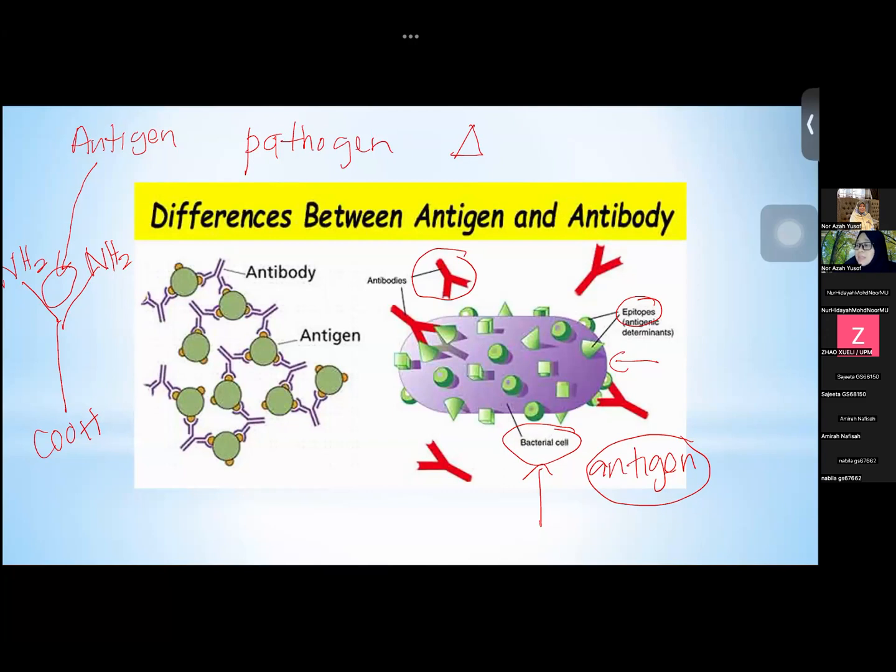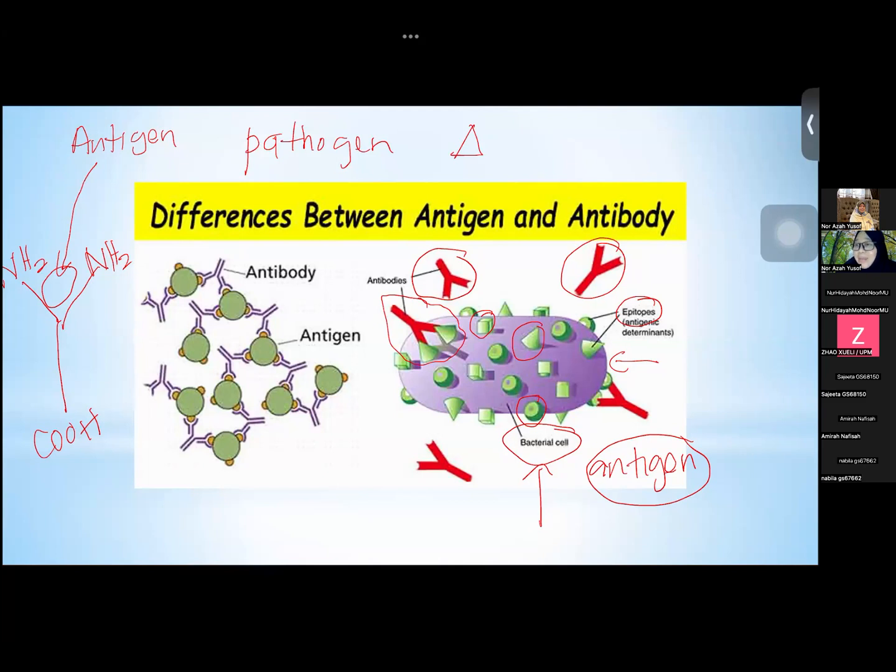But you can see that the antibody does not react with all the epitopes. You have cube-like epitopes, just for the purpose of discussion, and cone-like epitopes, and probably round-like epitopes, but a specific antibody will interact with specific epitopes. So in this case, for the purpose of discussion, this antibody responds to cone-like epitopes on the surface of